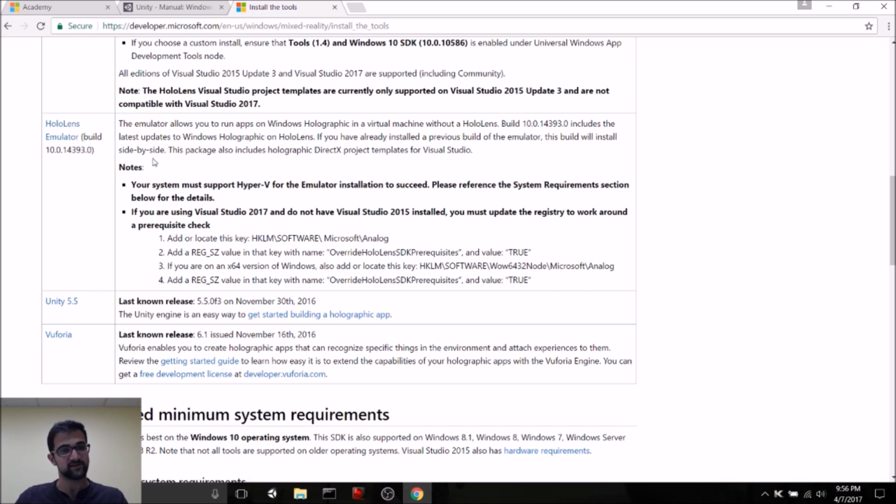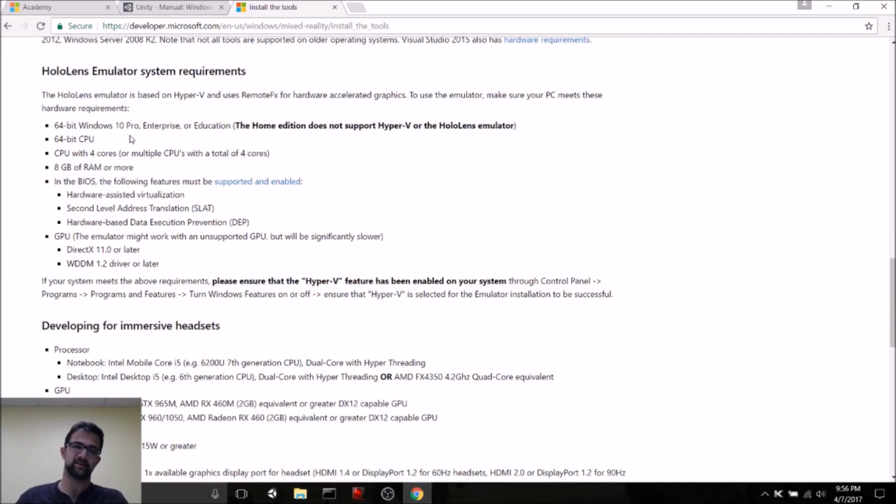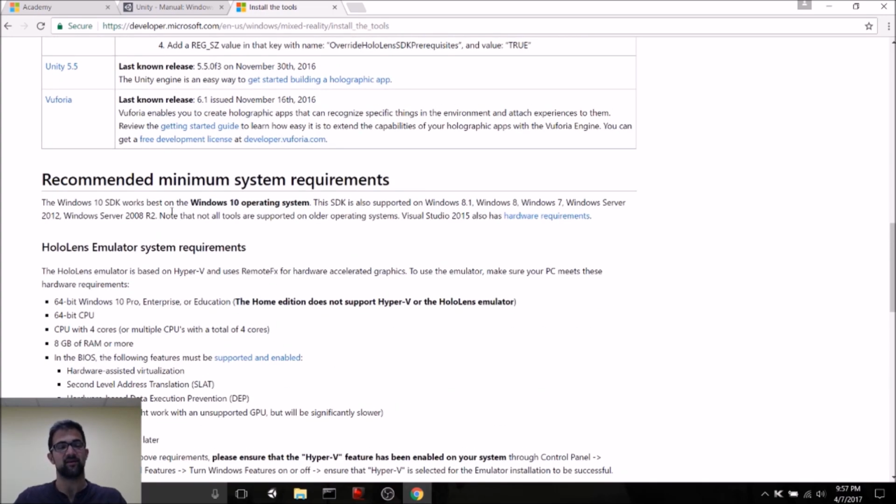So use the HoloLens emulator if you don't have a HoloLens. But one of the downsides of it is that to use the HoloLens emulator, you actually need to have Windows 10 Pro, Enterprise, or Education. We're using Windows 10 Pro, but unfortunately, there's not a good and legal way that we know of to get that for free. We ended up paying for it, but this is something that all of you will have to